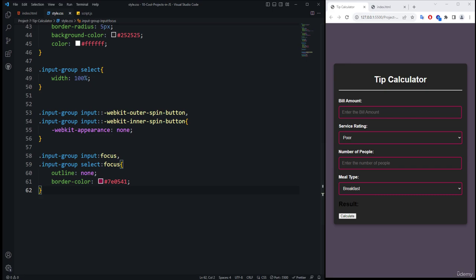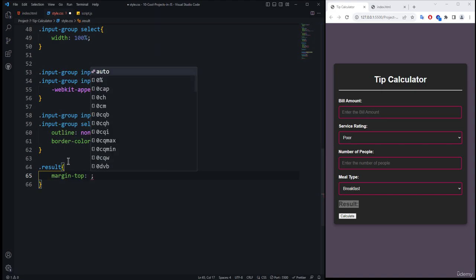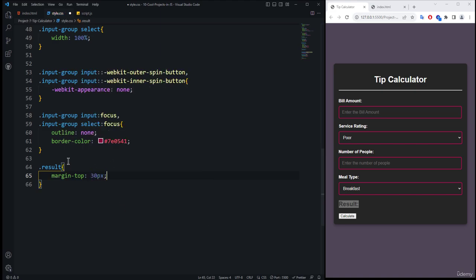Okay, so that is the code for the input type and the selection types. Next we need to style the result elements. For that we use the result class, so again we use the dot and the name of the selector. The first thing is to provide the margin top property, which is 30 pixels, and then we